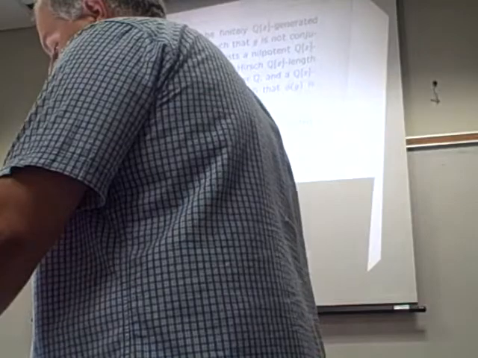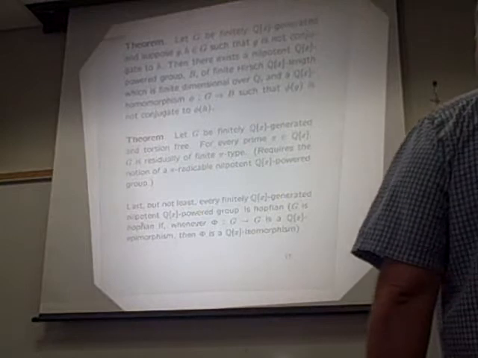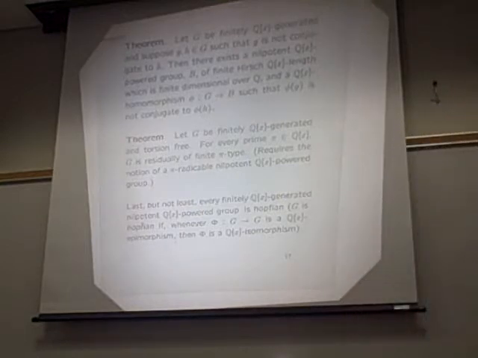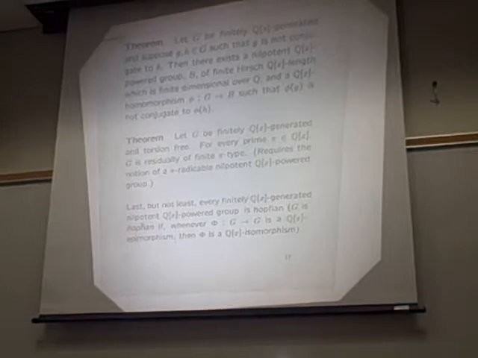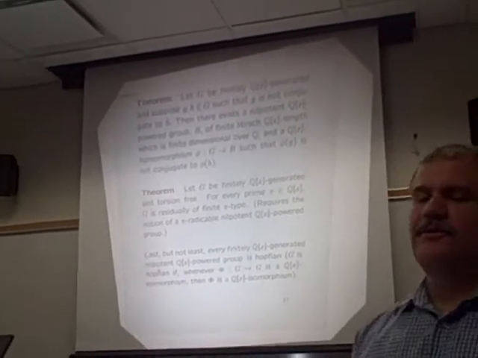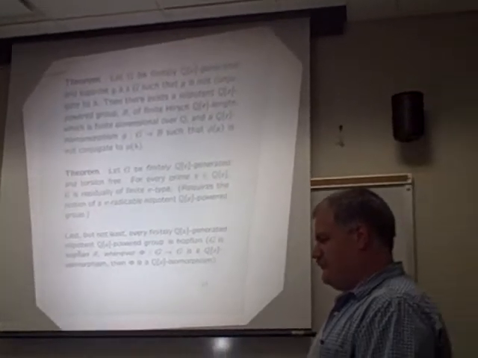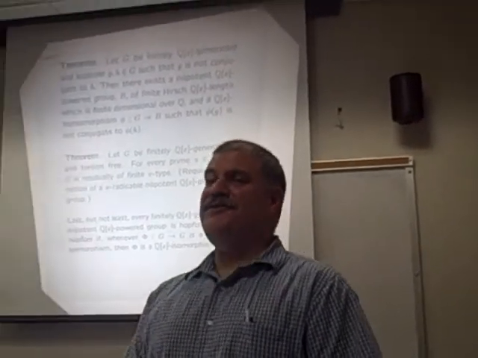Anyway, last but not least, if you know about Hopfian groups, it turns out that every finitely QX generated group is Hopfian in the QX sense. Now, bear in mind, I didn't discuss everything I would have discussed if I had more time, but I hope that you got the gist of it. And let me mention that there's a lot more things that can be done with these groups. So if you want to ask anything of me, or maybe you're interested in some of the things I said and you want to do something with it, let me know. All right, I'm going to go to Gilbert's class now, since I blew him off for the last 2 weeks. Thank you.